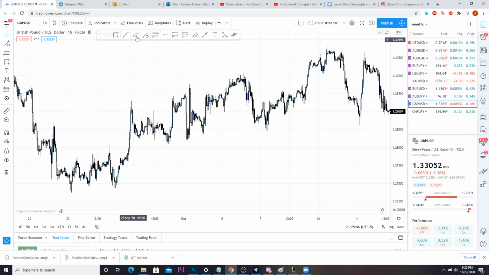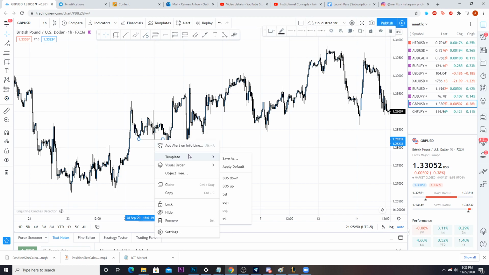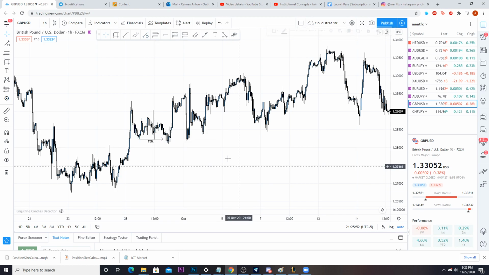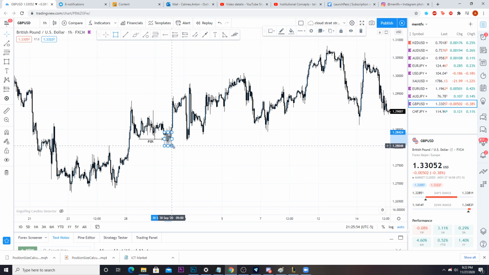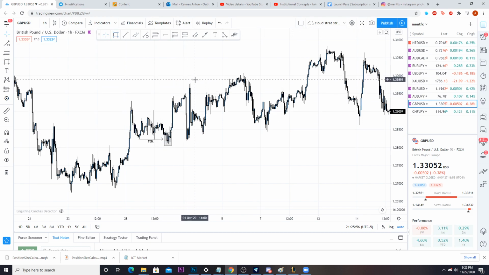If you want to think about it from a standpoint of institutional trading, here's your equal lows, right? We don't even need to look at Wyckoff here. Here's your move through the lows. Here's your move higher, right? The creation of liquidity, right? You see that? So we've created some liquidity right in or around these areas right here, right? Here's your move back down.